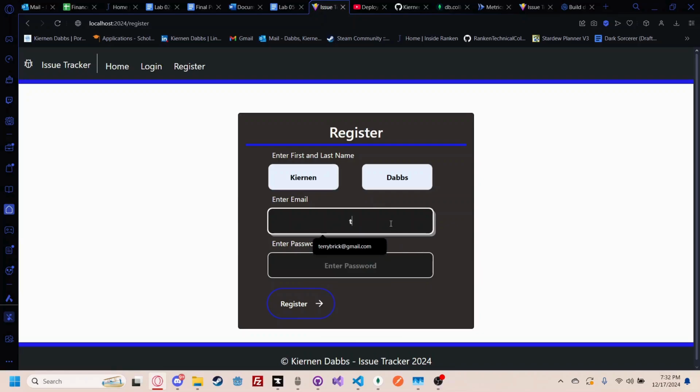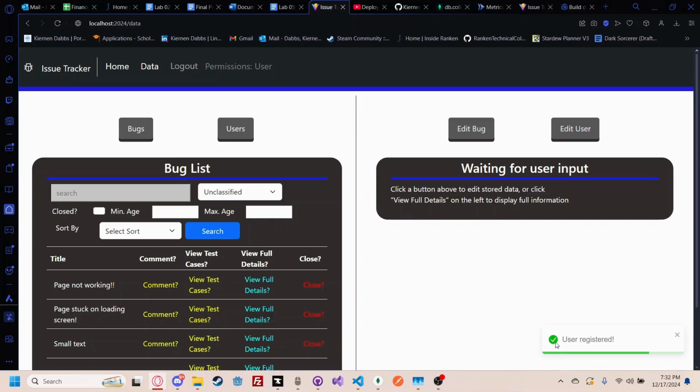I'm just going to use a test email at gmail.com and a sample password. So, password 1234. And if you click this button right here, it will display the password just to make sure that you've typed everything in correctly. And if you hit this nice register button, give it a second, it'll register the user, it'll show the permissions that you have,